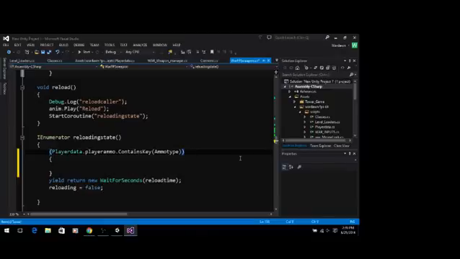Actually, yeah, it is going to have to be while because we're doing it in a coroutine. Contains this key, and we'll have to do some ammo things. While it contains the key